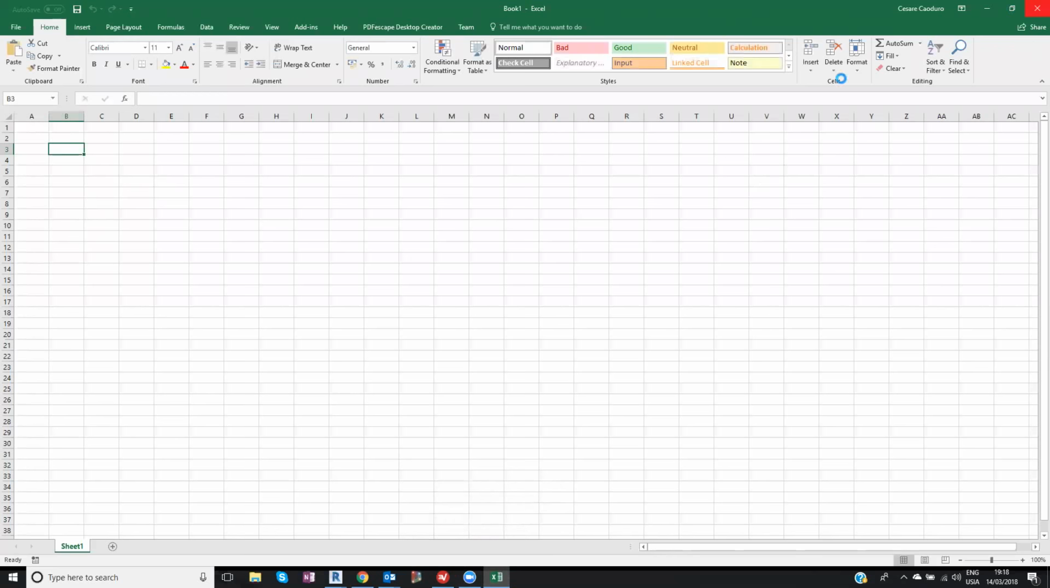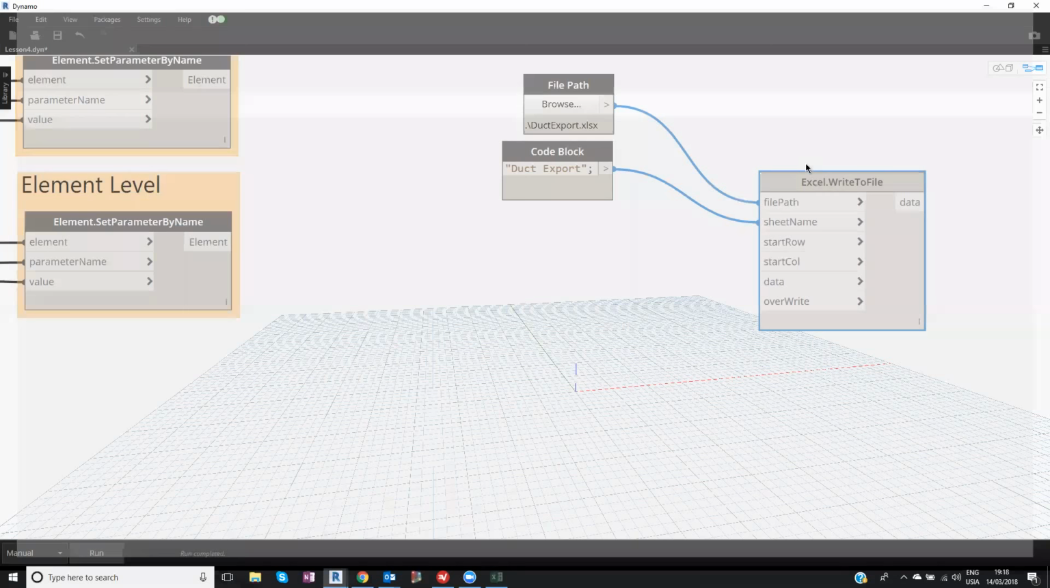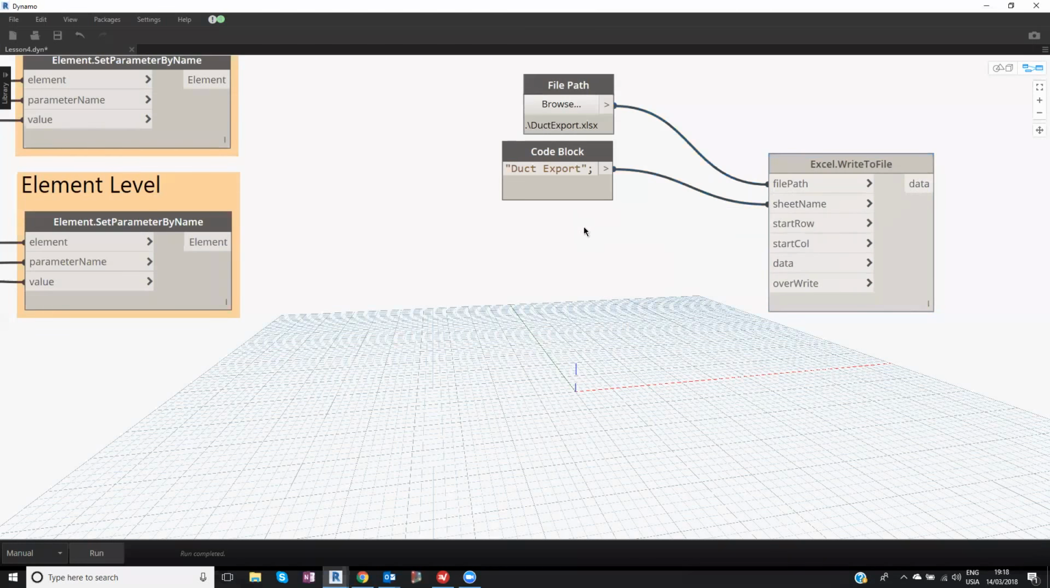So going back to Dynamo, the first row is number 0, for example. So we will start to write from the very top left. And the start column is exactly the same. So 0, 0. And because it's the same, we can just connect the same number to two different inputs. Then the most important is the data that you want to export to Excel. And the last one is the